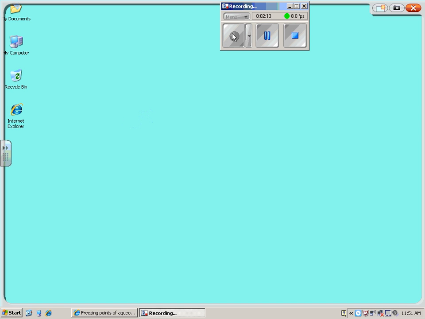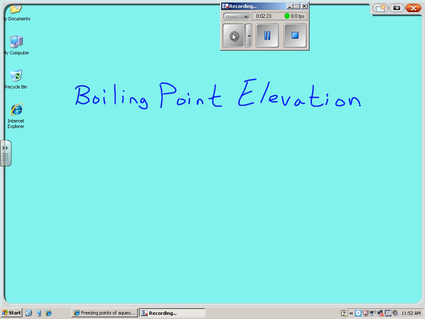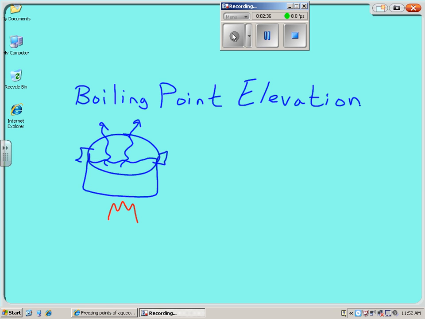Another colligative property is the boiling point elevation, which means to raise, to elevate it. This happens in a pot of water. So we have some water in the pot here, and we have a little fire. Some of the particles gain enough energy, and they can go off at 100 Celsius and boil away. Now, if we add a salt to this, then we have, again,